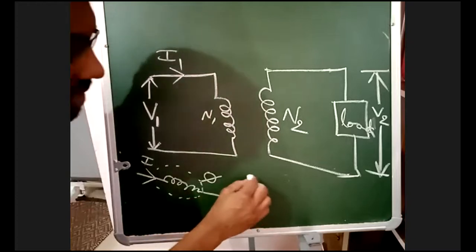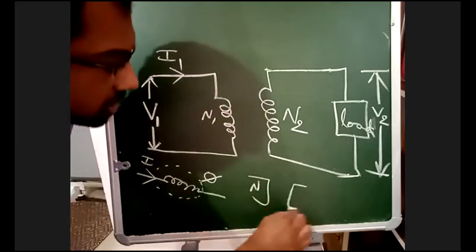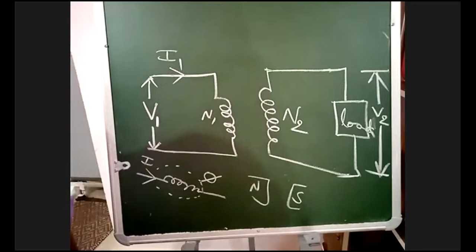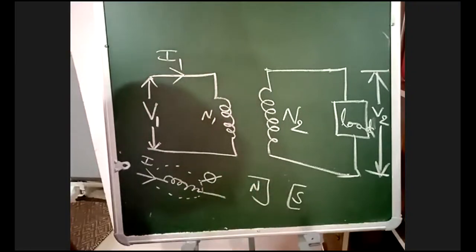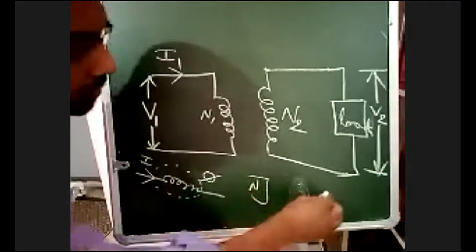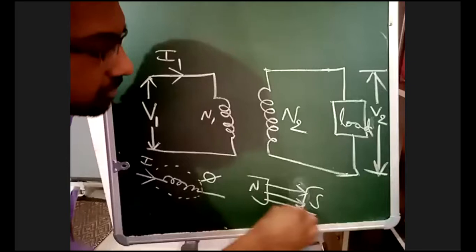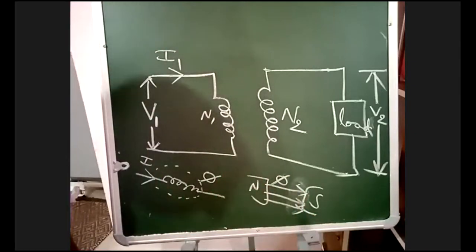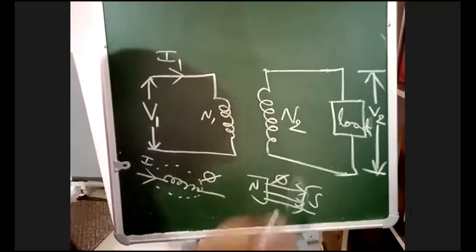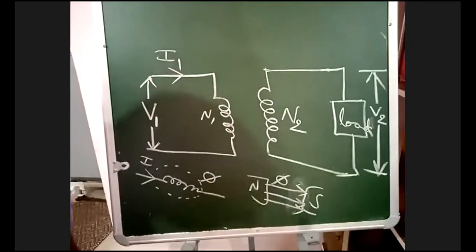Now see here, let us take two magnets, North Pole and South Pole. How will flux pass, from South Pole to North Pole or North Pole to South Pole? North to South. So this is the flux. Magnets are already there, North Pole and South Pole, and magnetic flux is there. This is the magnetic quantity.